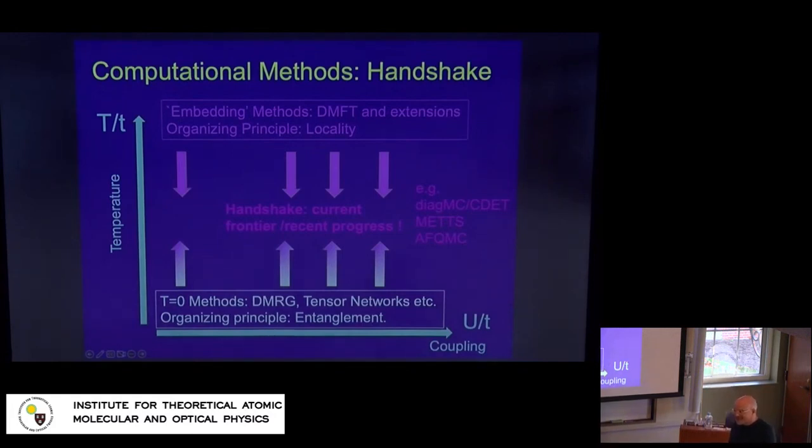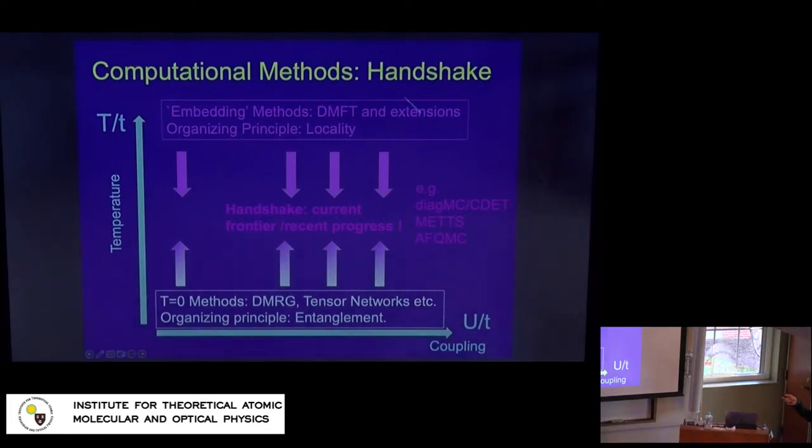Already a question, yes. Can you explain what it means to have wave functions at finite temperature? Well, this will come later in the talk. Of course, it's an ensemble of wave functions which is sampled by sampling methods. So it's really using compression methods to represent the wave function efficiently and sampling through typical wave functions to sample the Boltzmann measure. That's basically the idea. So it's taking the best of both worlds. Compression with MPS and sampling with basically Monte Carlo procedures. So that's the idea. Okay, thanks, Eugene.